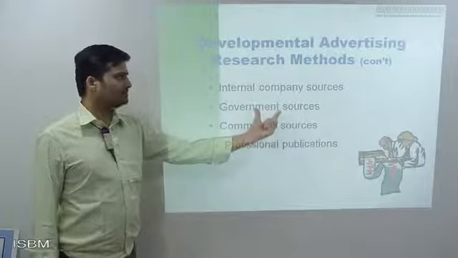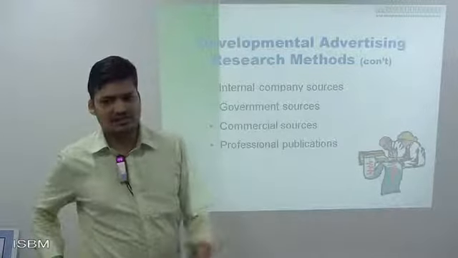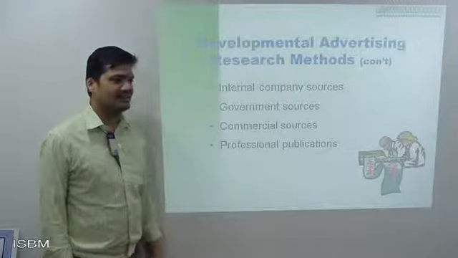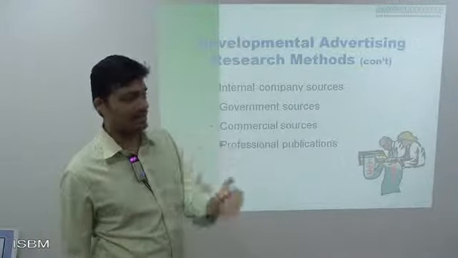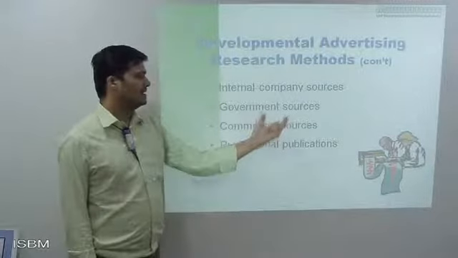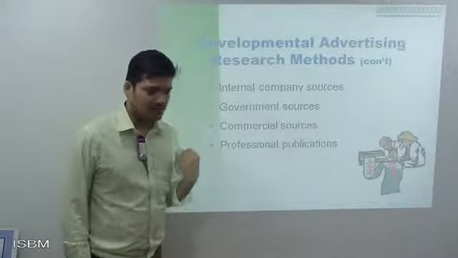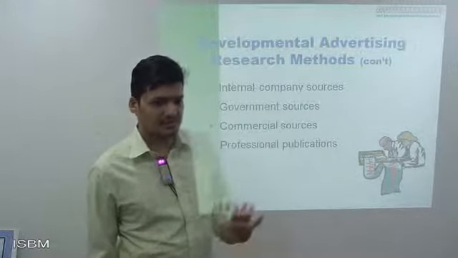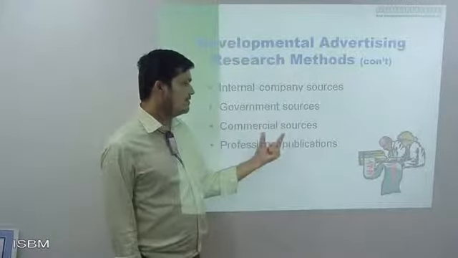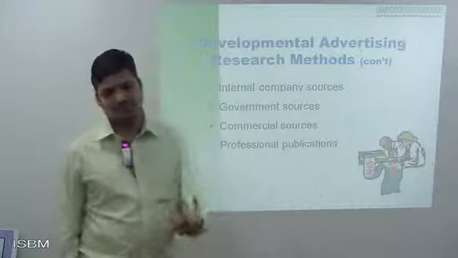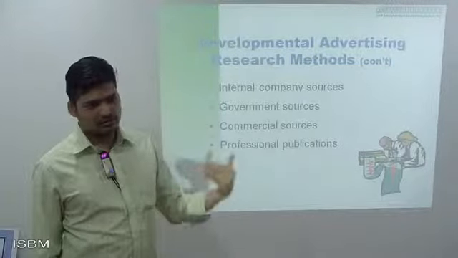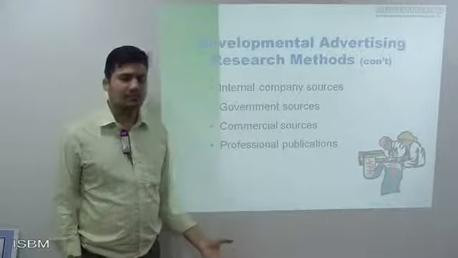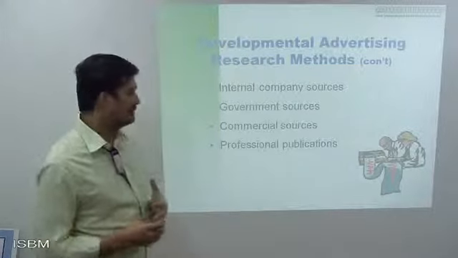They have government sources, on the basis of the data the government is having, like a lot of data on the basis of Aadhaar card and PAN card and all those things. They are getting something on the basis of that. Then they have commercial sources. A lot of shops nowadays are open, selling some data. On the basis of that they are getting some mobile numbers, and through that they can directly phone the people and take the data from them.